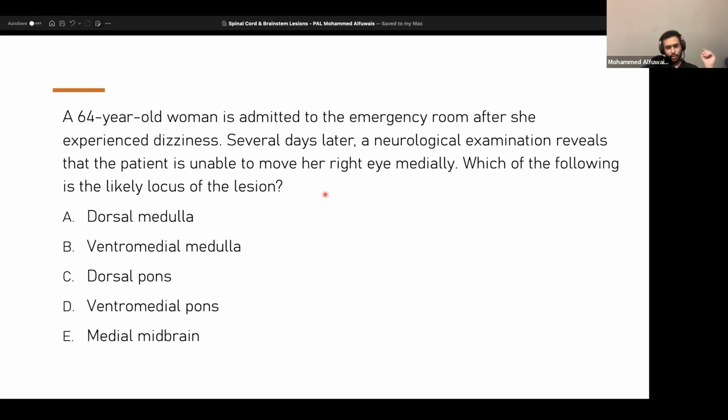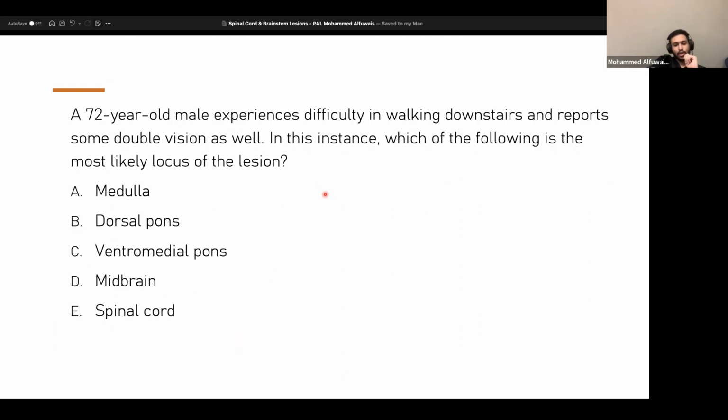Good. Perfect. It's E. Okay. Why is it E? Perfect. Excellent. It's the oculomotor nerve. Last question. A 72-year-old male,